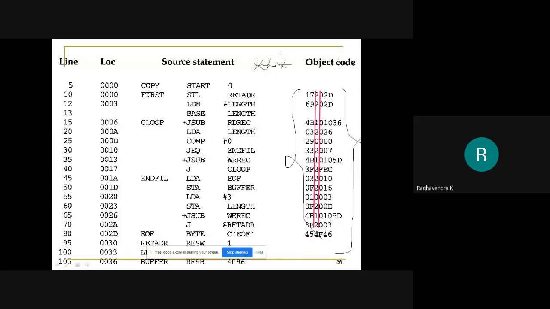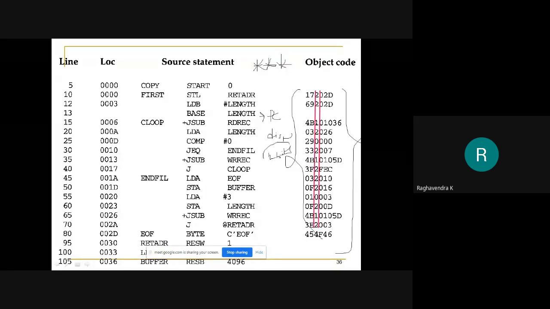So we saw that the assembly of instructions is completely different from the SIC standard model. We had to consider the different types of instruction formats and different types of addressing modes while trying to assemble the instruction. There are peculiar cases that you are supposed to look into. For example, by default, every instruction will be assembled using PC relative addressing mode as long as the displacement is within 12 bits, right?